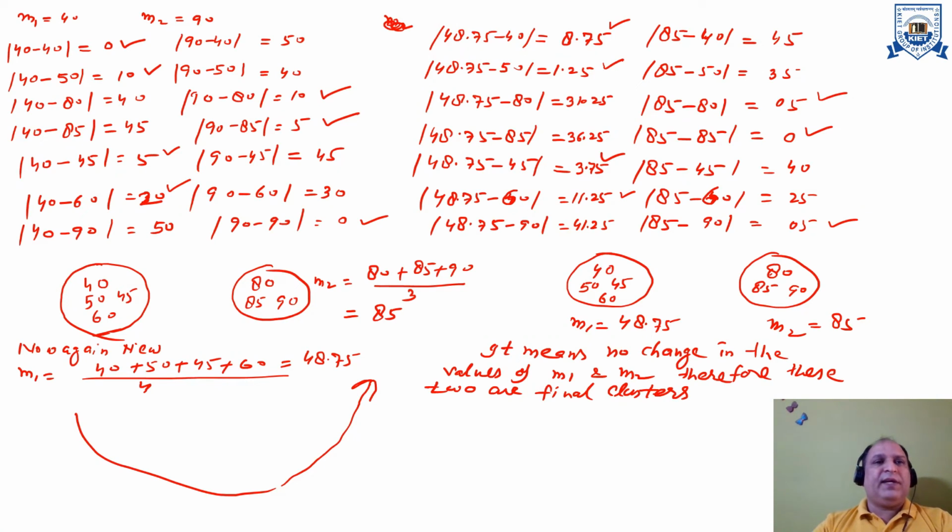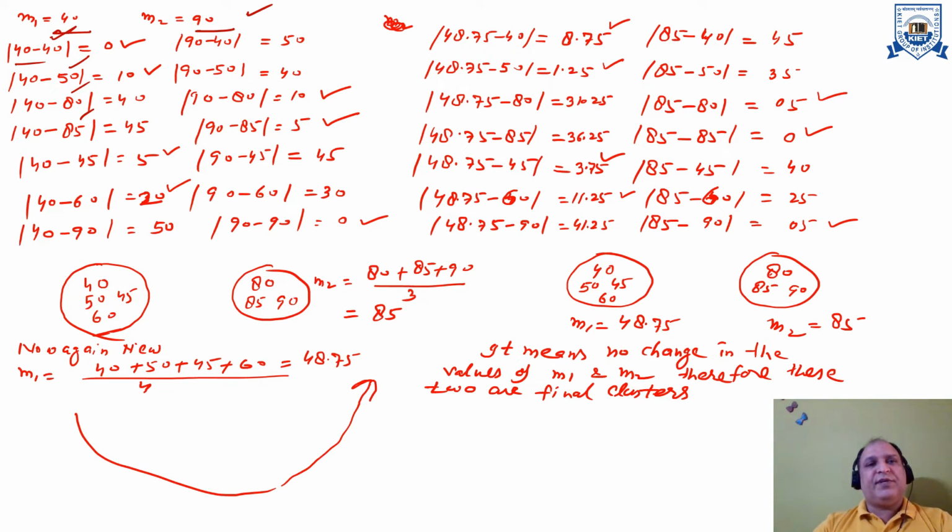So initially we have picked 40 and 90 as the mean. Now we will try to find the similarity of these centroids from the other points. So 40 minus 40, that is 0. 90 minus 40, that is 50. And similarly 40 minus 50. So these are the different points: 40, 50, 80, 85. We are finding the distance from 40 here, and we are finding the distance of the points from 90 in this column.